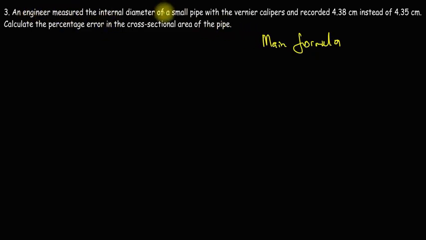An engineer measured the internal diameter. Okay, we're still talking about diameters here, of a small pipe with vernier calipers and recorded 4.38 cm instead of 4.35. We can already spot an error here. Calculate the percentage error in the cross-sectional area of the pipe. Okay, so they are looking for the percentage error, not for the diameter. It's not percentage error of diameter, but percentage error of what? Percentage error in the cross-sectional area